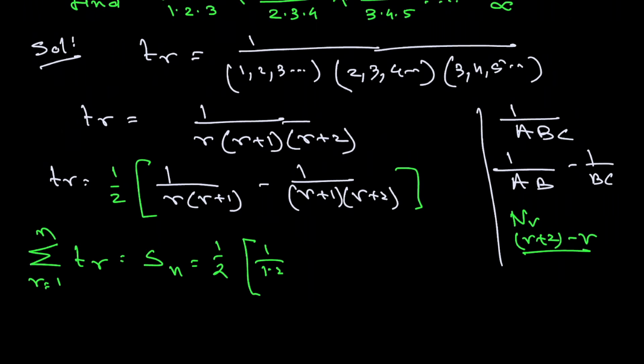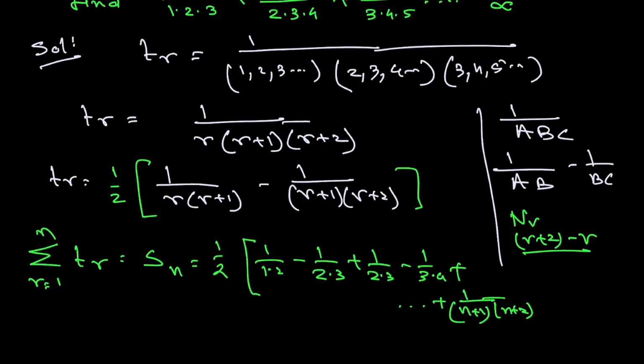1 into 2 minus 2 into 3 plus 2 into 3 minus 3 into 4 plus continuation, and we have to write here 1 by (n plus 1) into (n plus 2). So we are seeing here all terms are getting cancelled and remaining first term and last term. So what is the first term and last term? Therefore we are writing here summation equal to half of 1 by 2 minus 1 by (n plus 1)